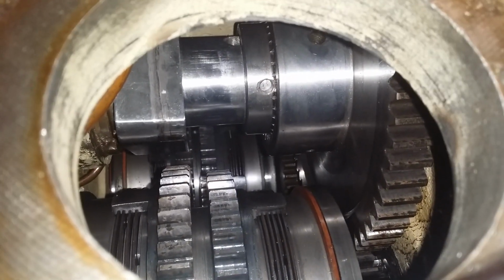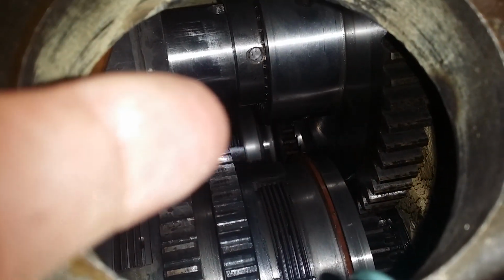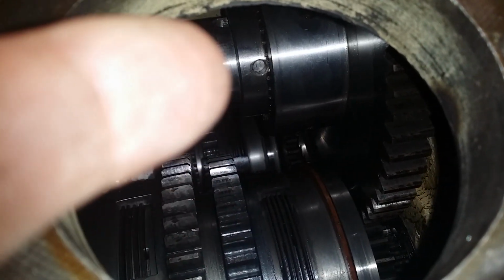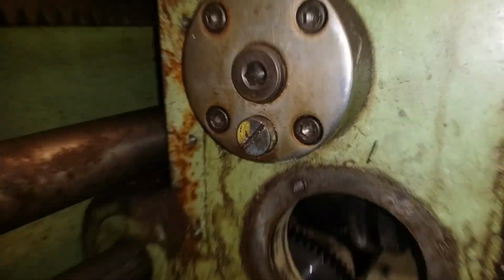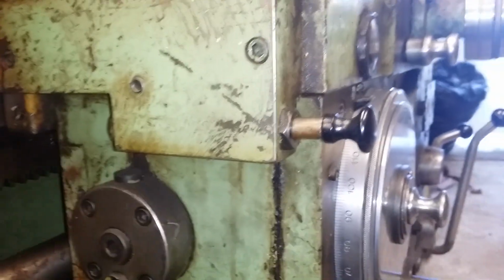Okay, at the moment you cannot see it, but actually you can barely see it. Right there, there's a crack in the gear. So this gear right here has a crack in it, and that's really bad. And this being a school machine, I think somebody crashed it real hard, and that's what broke the pin